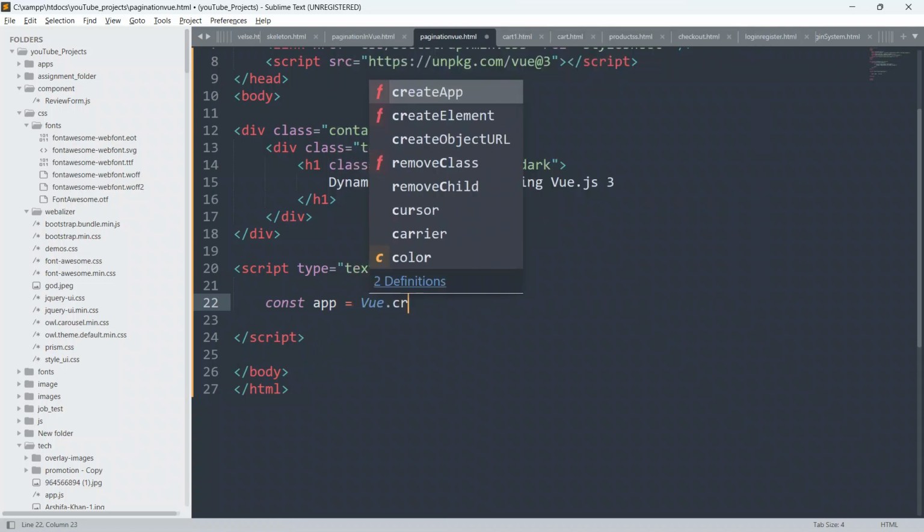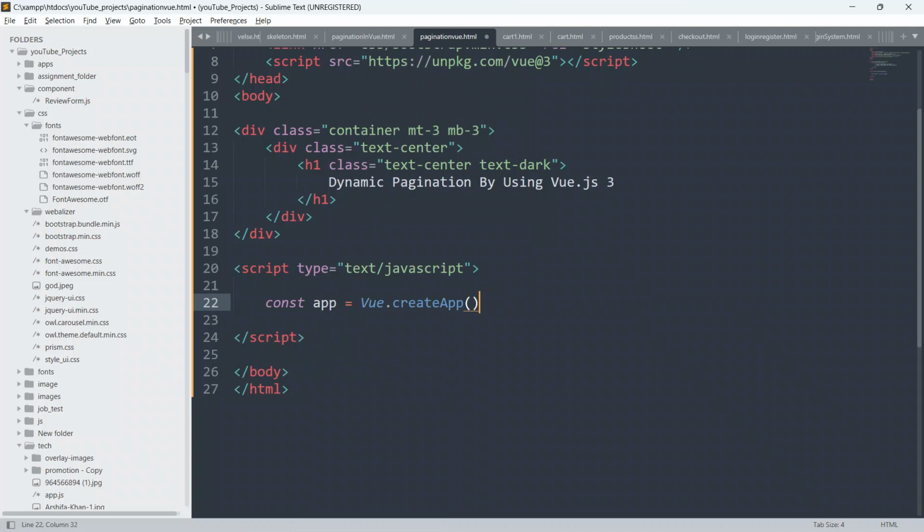Vue.createApp. As you all know, in Vue.js 3 we use the function Vue.createApp to create the Vue.js instance. Then we put parentheses, and inside the parentheses we put open and closing curly braces. Inside the curly braces you are free to define your methods, data function, data properties, custom functions, built-in methods, lifecycle hooks, variables, arrays, and objects.